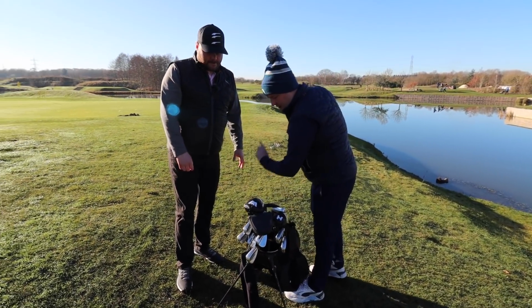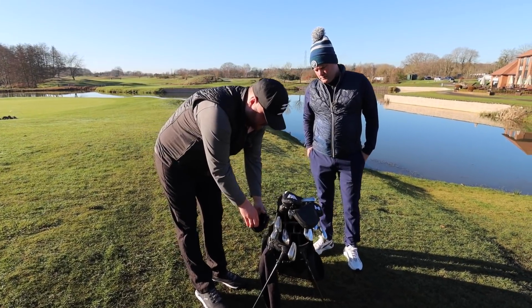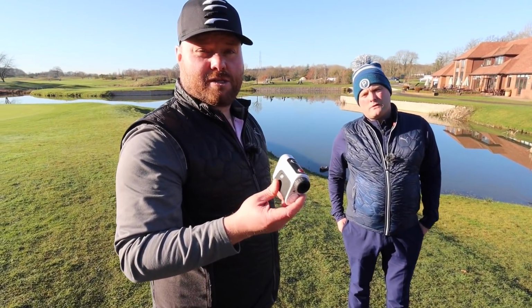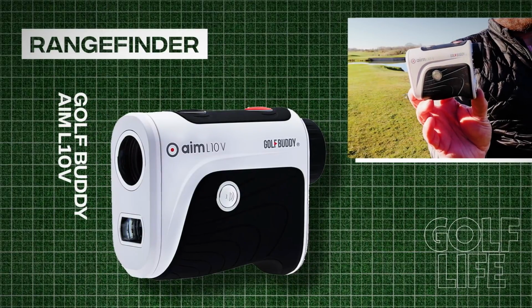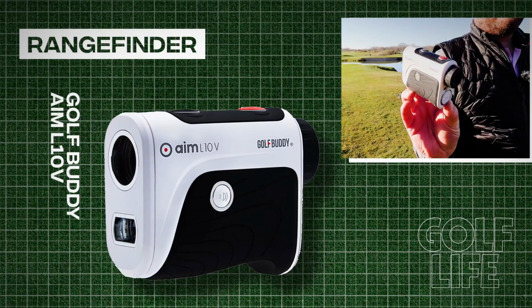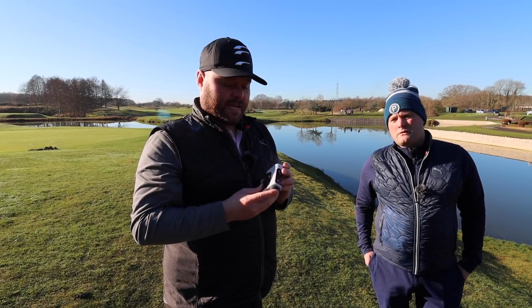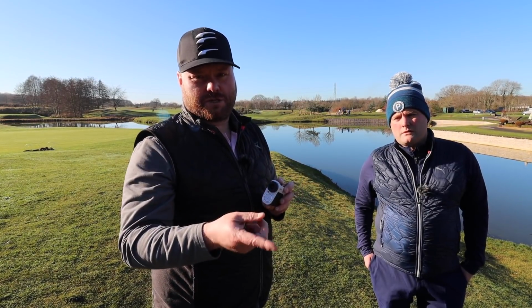What's this thing here? This is my rangefinder. I don't know if it's any good or not. I got it a few years back. I'm going to look into a new rangefinder, but it's the Golf Buddy AIM L10V. I don't think it's as advanced as the Garmin ones. It doesn't give you sort of 4D prints of how far it is, but it hasn't really let me down. And it's obviously got the slope option. In competition, you can't use a slope option, but...